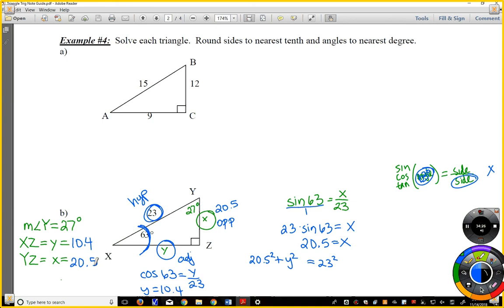And I'll always look back at what you did if I feel like yours is close but not the same as mine, to see if it's coincidence or if you were solving it correctly but just rounded differently or used different values to solve it. Okay. So does this give you a decent overview of all the stuff you did in geometry? And so right triangles, we're not going to do anything else